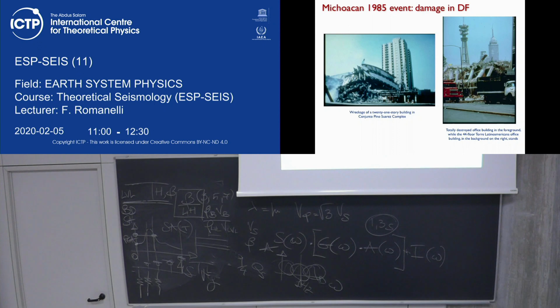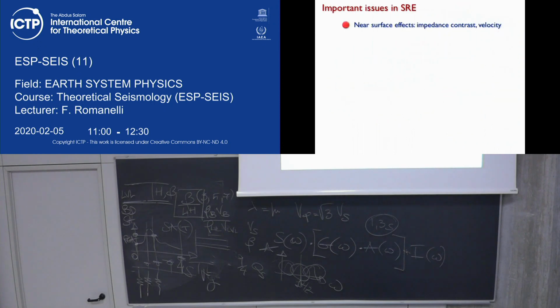So in many places in Mexico City, the buildings with 20, 30, 40 stories, the new ones, in principle, well built, maybe not all of them, well built, they collapsed. So, source effects and site effects. And usually they are combined. I have to go quickly, fast now.